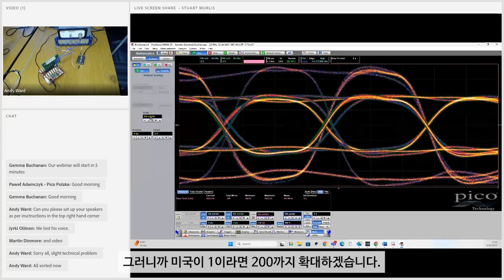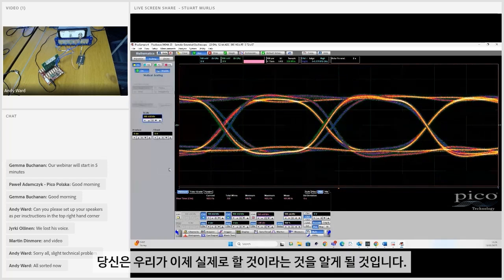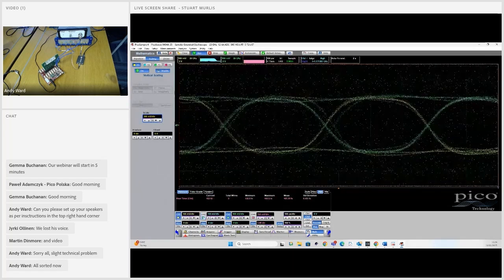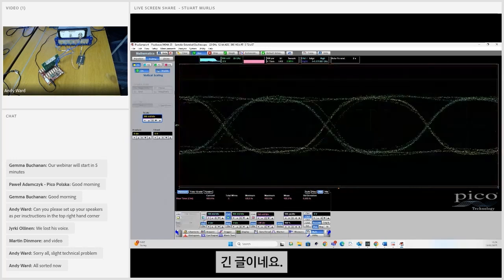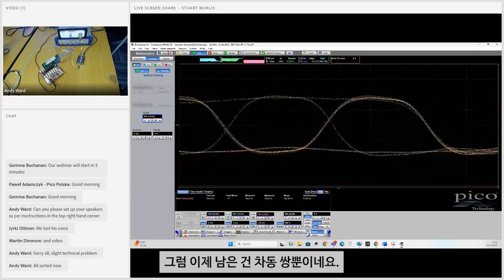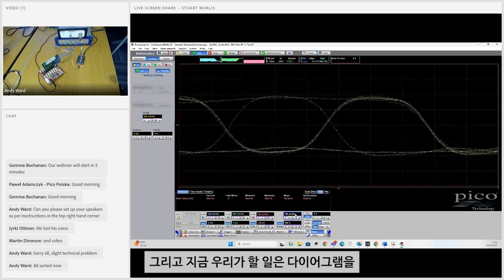Okay, so if you notice there, if I now take that to 200, you'll see that we now are going to actually acquire and... wrong one, excuse me, finger trouble there. Okay, so now all I'm left with is my differential pair. Okay, I'm just going to widen the time base a little bit there. And what we're going to do now is go into iDiagram and start making